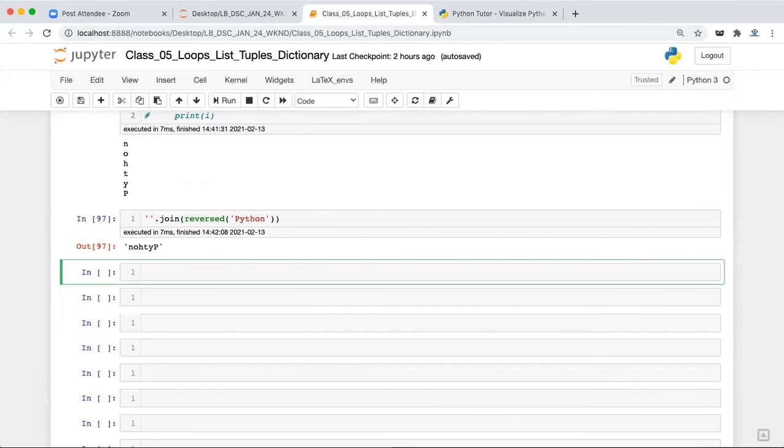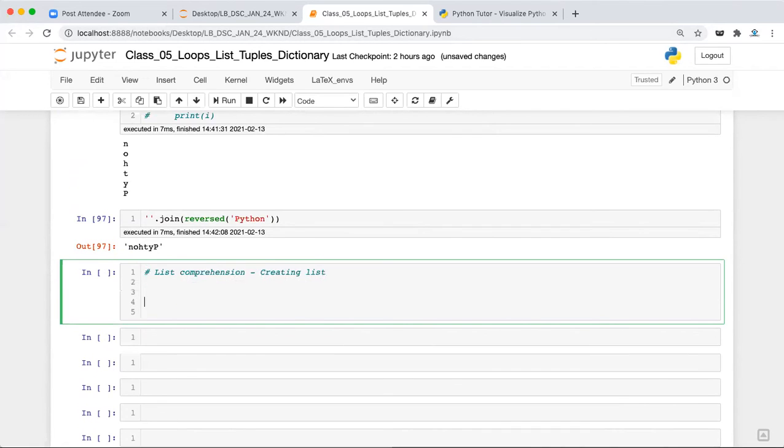Now let's discuss the last topic in lists, that is list comprehension. Now what is list comprehension? Basically, it is another way of creating a list, and syntactically it is a bit easier. The syntax of list comprehension is, first of all, you write the square brackets. Here you write the expression, and then for some variable in some iterable object or some sequence, anything you can write here.